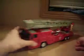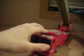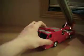So, yeah. He also has lights and sounds. The button is in the center of the light bar, and if you push it,